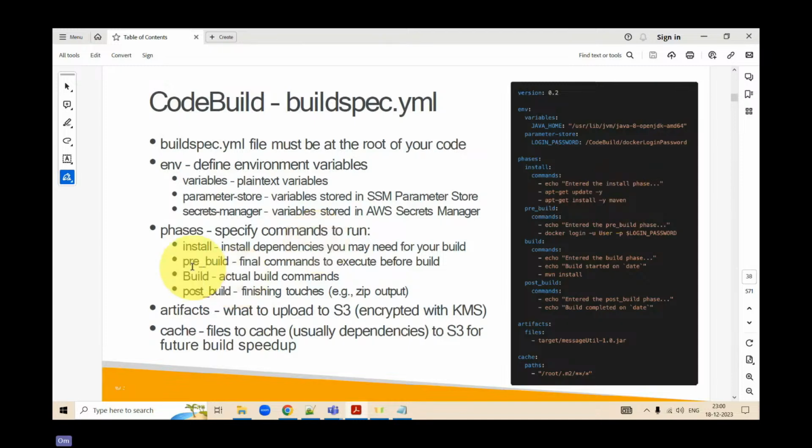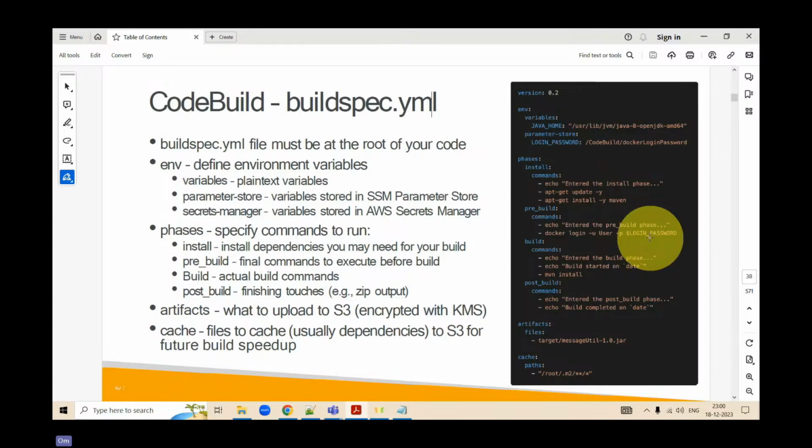Next is your pre-build. Pre-build is nothing but the final command to execute before the build. Now, it says simply docker login, hyphen user, and the login password. That is your pre-build command, executed before your final build.